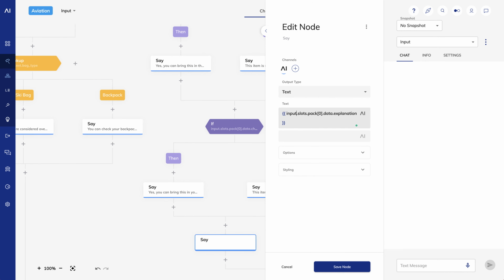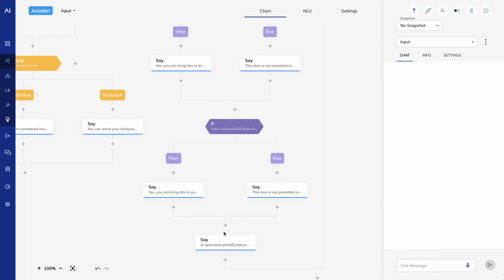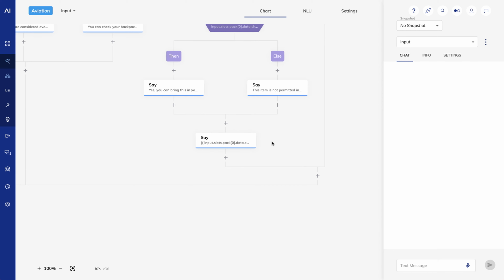Because this is coming from what the user just said, I'll change X to input. You'll notice that I didn't add an if here to check to see if there is an explanation. I decided that if there is an explanation, we'll output it, and if there's not, Cognigy won't output anything, which is okay. The last thing I'll do is add the slot match to the Cognigy context.